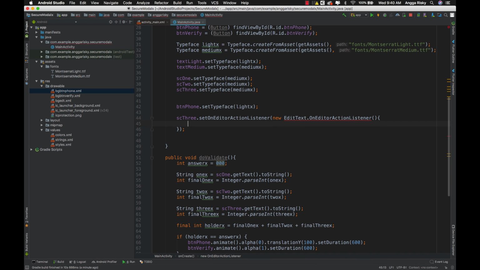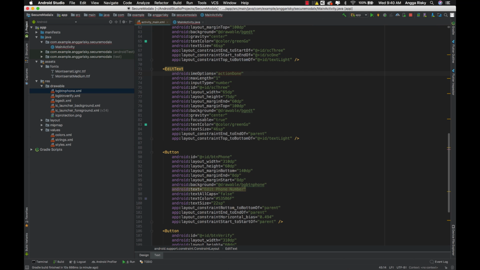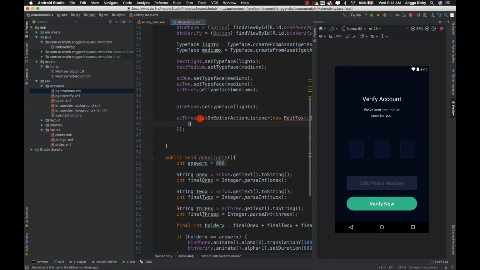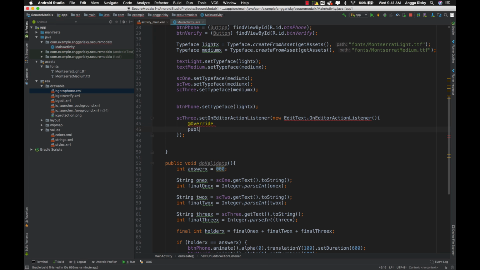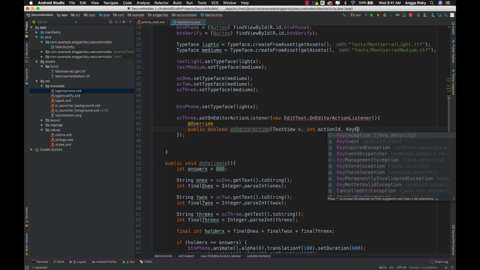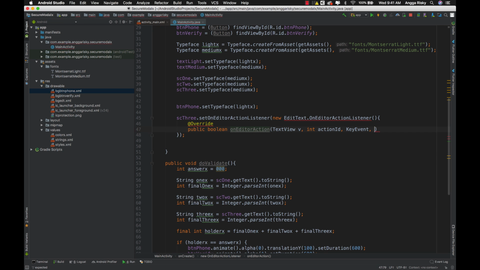Then override, sorry guys, override, and then public boolean on editor action. So basically I want to validate this data after I click done on my keyboard. So just go with the text view and view integer action id, and then key event.